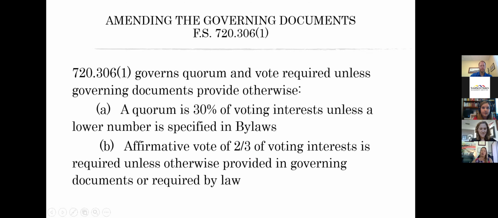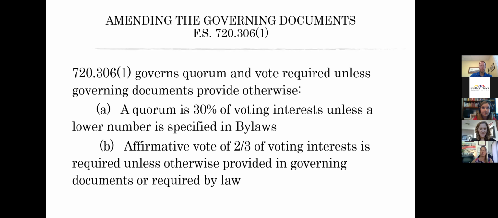As we're talking about amending your governing documents, that's going to be all of your governing documents: your declaration, your bylaws. Keep in mind to look to your documents first. Check your documents, because they are likely going to contain the procedure for amending them, what the quorum requirement might be, and of course what the rate of approval would have to be in order to get an amendment approved by your members.